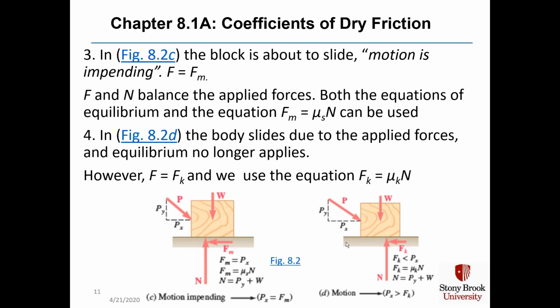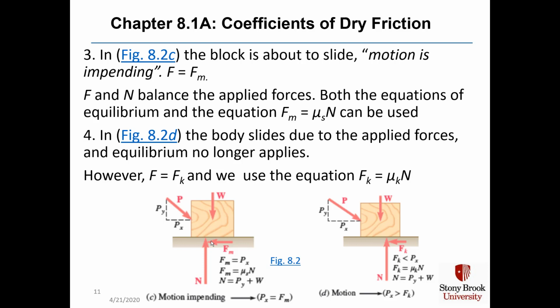In figure 8.2c in the lower left corner, the block is about to slide. We call this motion impending. And the force F is equal to F sub m, the max value. In this case, F and N balance the applied forces. And both the equations of equilibrium and the equation F sub m equals mu sub s times N can be